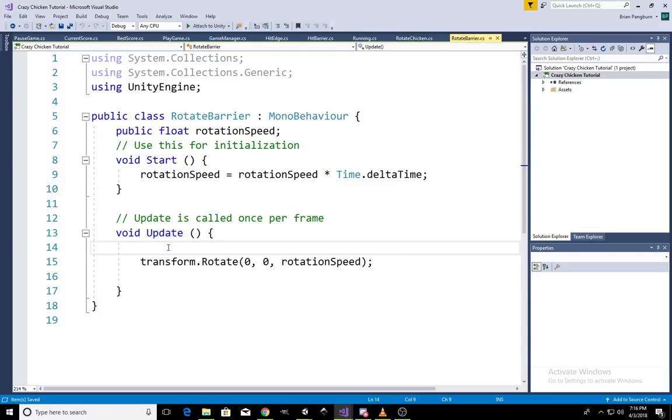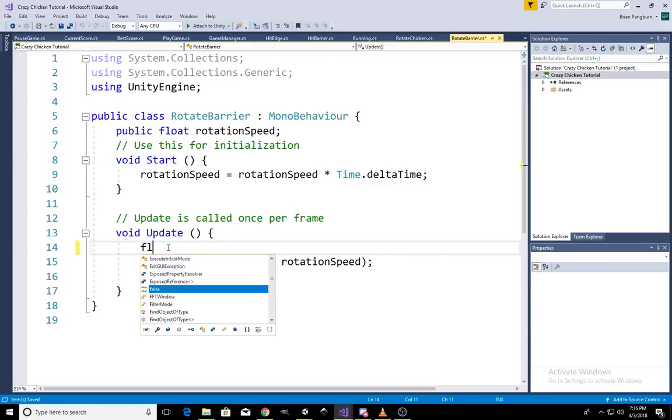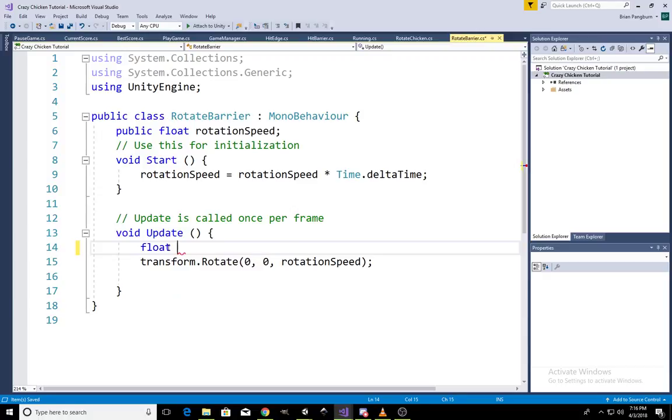And the way that we fix that is we're going to declare a float right inside this method. Now, this float right here, this is used by the entire class. We could have the rotate function call it. We could have this function call it. We could create a whole other function to call it. This is a local variable. It's only going to be used in this update method. That doesn't mean we can't. I'll show you. So we'll go public speed or float speed is equal to,